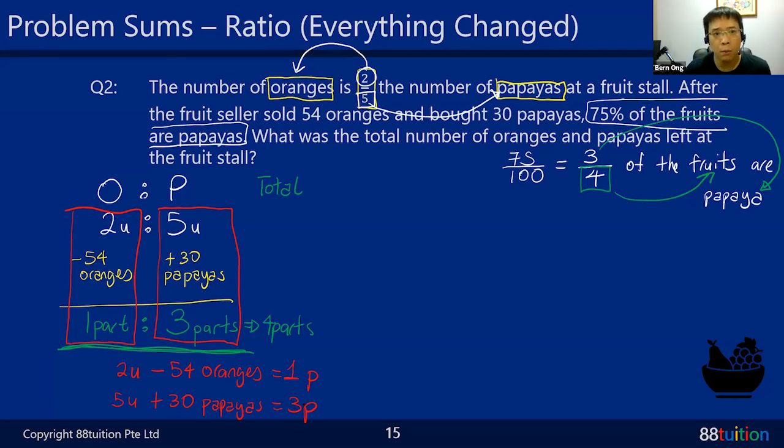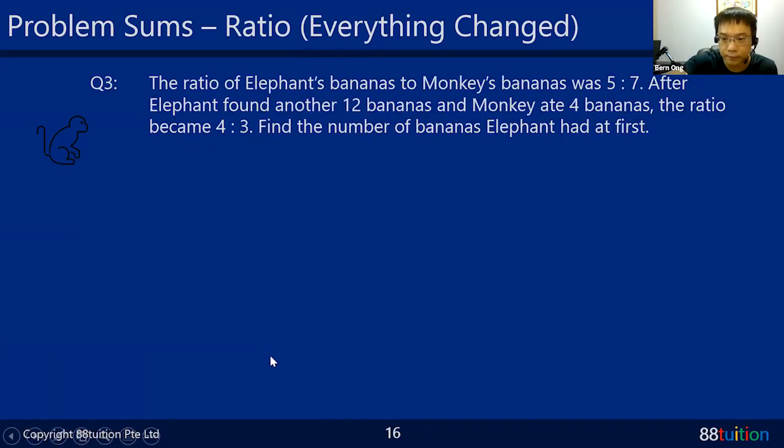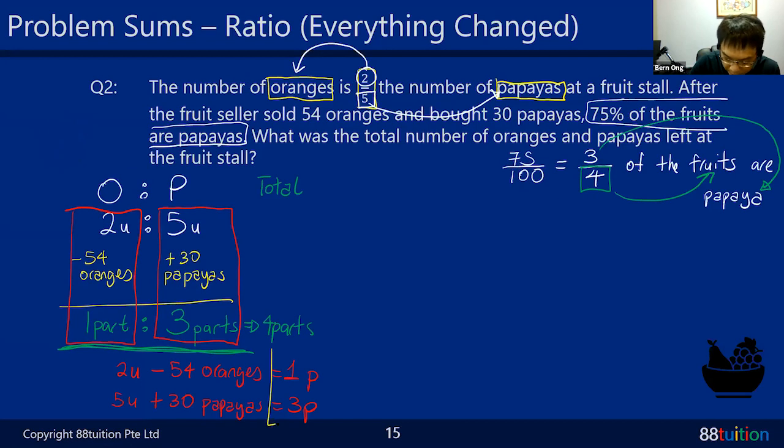Ayo, what's the problem? The problem is one is 1 part. The other one is 3 parts. Are they the same? These 2 portions, they are different. One is 1 part and the other one is 3 parts. Not fair. 1 and 3, how to compare? So at this moment, you have to try to bring the 3 to a 1 or make the 1 become a 3. It's easier to make the 1 become a 3. So how? Times 3, lor.